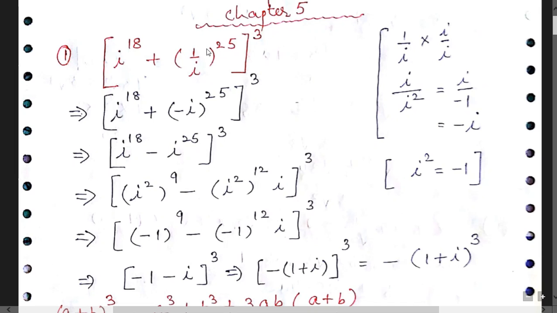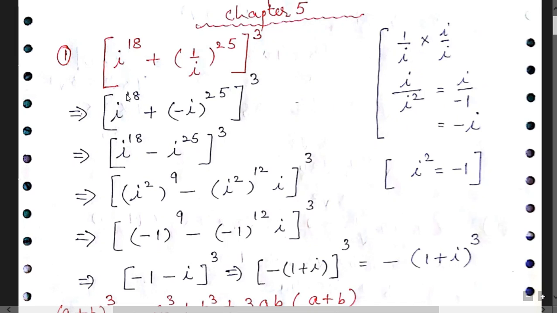First of all, solve 1 over iota. 1 over iota can be rationalized and it can be written as 1 over iota multiply iota divided by iota. It means in next step I can write iota divided by iota square. Now insert the value of iota square. It's minus 1. It means I can write minus iota. It means 1 over iota can be written as minus iota.